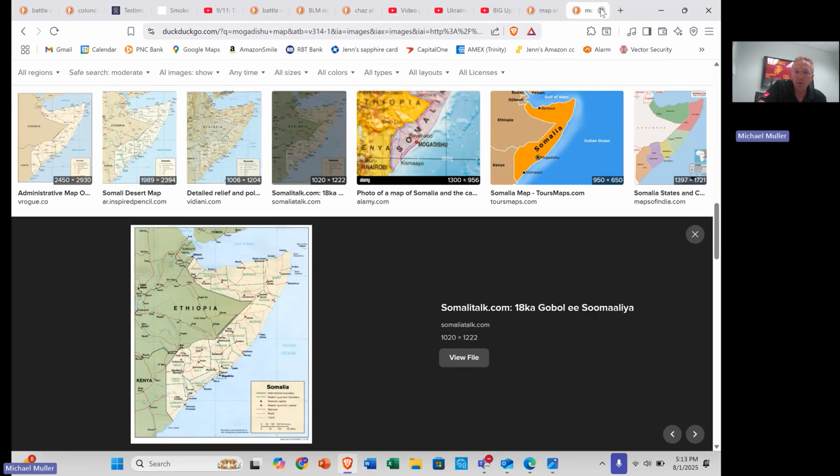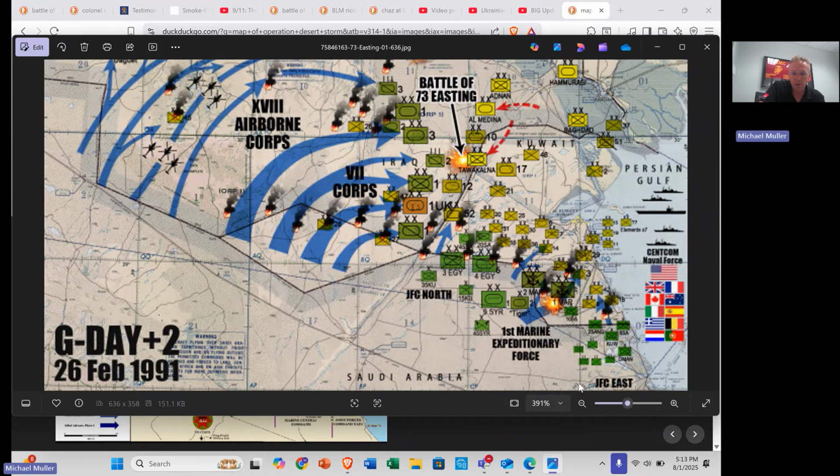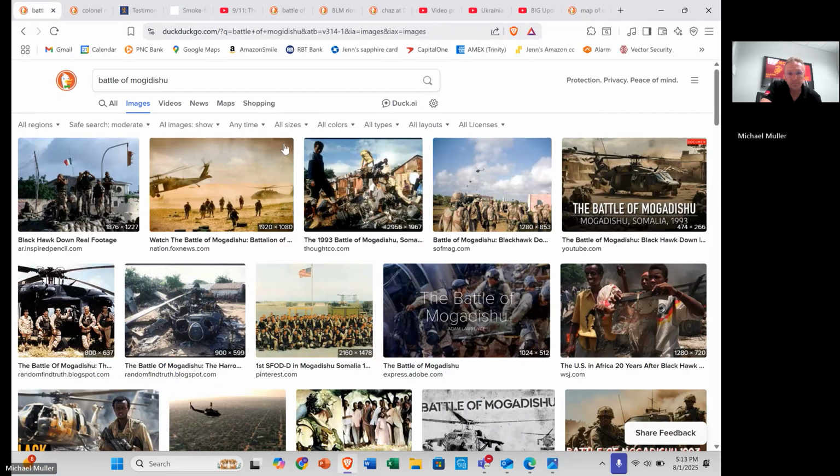And they refused to actually have the right rules of engagement to put an end to this. To be fair, it was a bit of a messy situation. You want to step into the middle of a civil war, so to speak. But nevertheless, they couldn't do anything about it. So we put special forces out there. If you guys have seen the movie Black Hawk Down, this kind of scene is repeated a little bit through the end of the Cold War, where special forces are up forward. There's no heavy forces to back them. They get drawn into a fight in the city, and they're overmatched. There's just too many enemy.